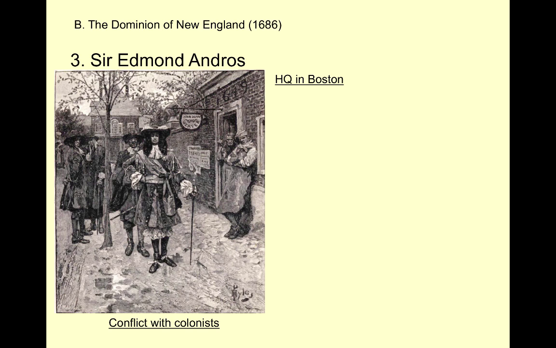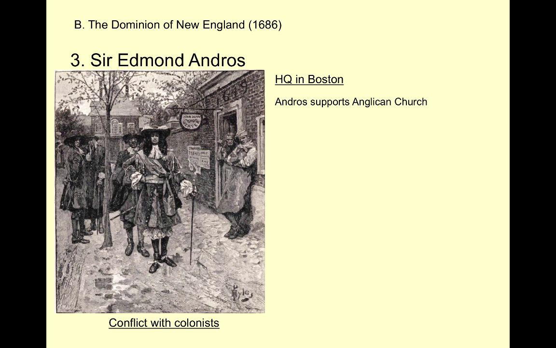To make matters even worse, Sir Edmund Andros is going to headquarter his dominion in Boston. Well, this is a mistake because Boston is still a very puritanical town. And they have a tradition of, remember, town meetings, town halls, and democracy in New England. And this certainly, the Dominion of New England, is not democratic. The people of New England didn't vote for this Sir Edmund Andros guy to be in charge of them. And so this goes against their long tradition of self-rule during the era of benign neglect,